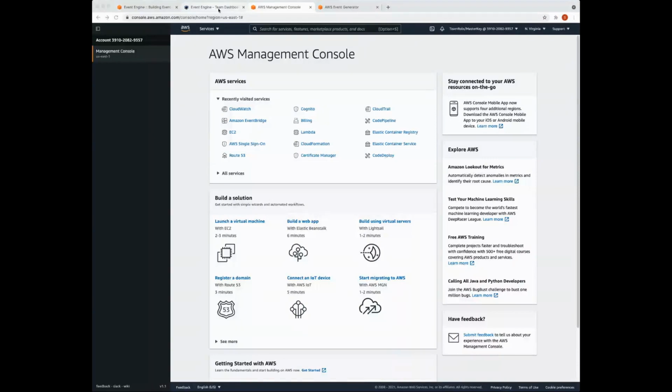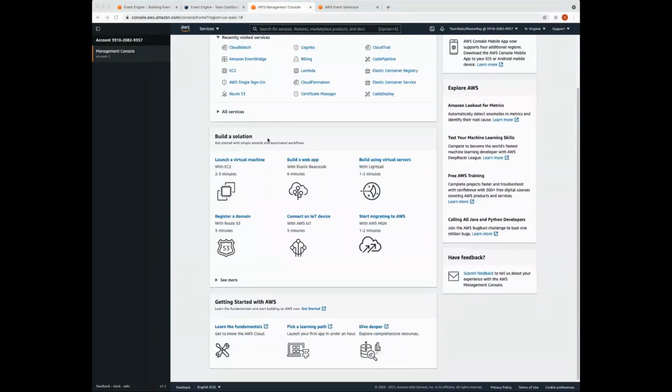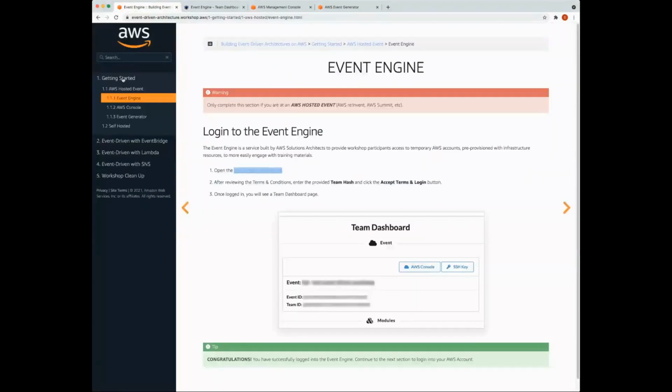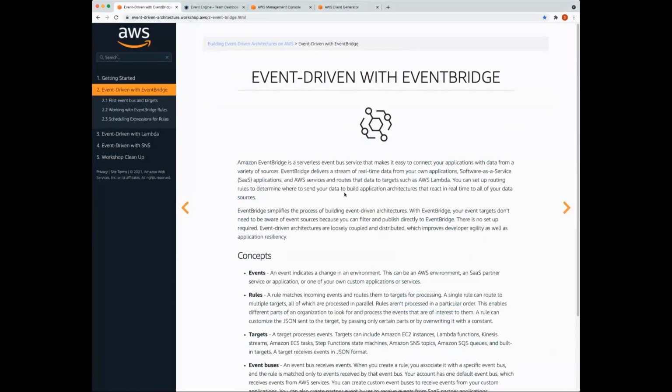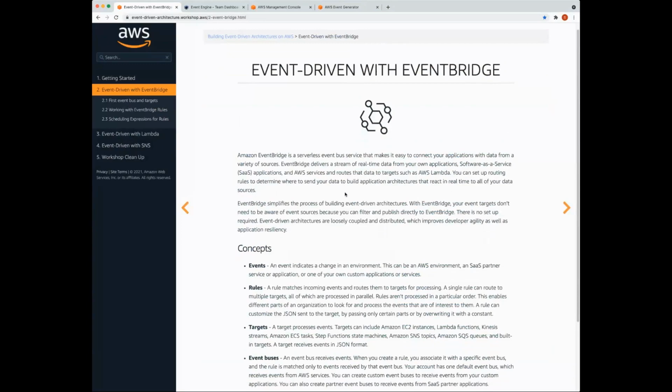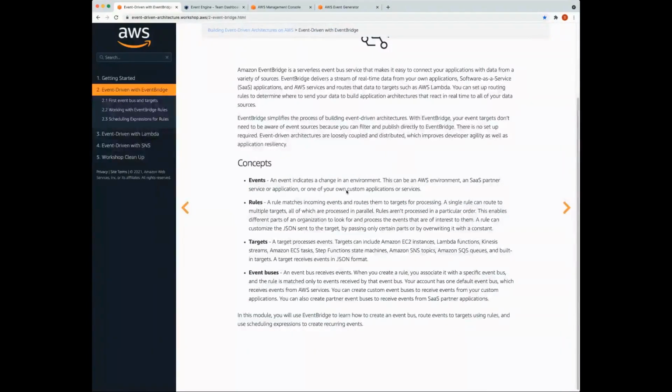All right, let's head back to our workshop page, and we are going to click on event driven with EventBridge. Now, as Mark mentioned in his presentation, EventBridge is essentially a serverless event bus that we use to connect our microservices.